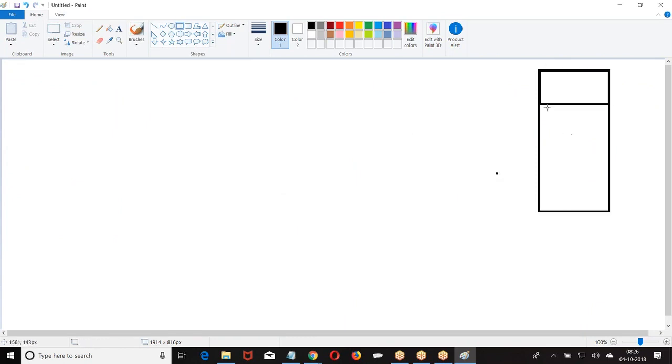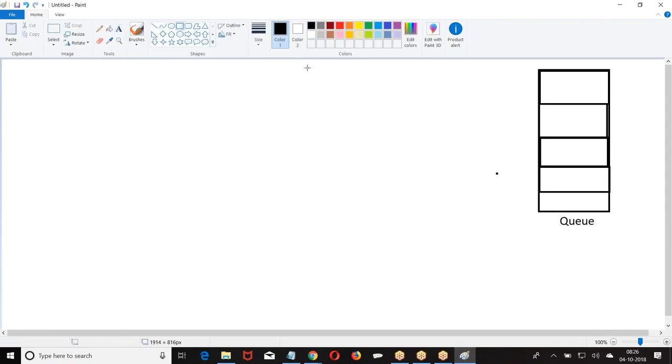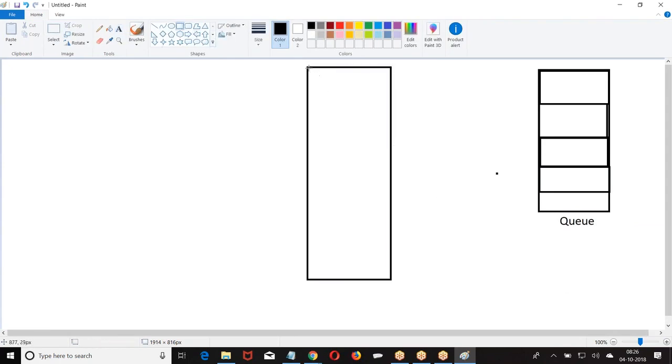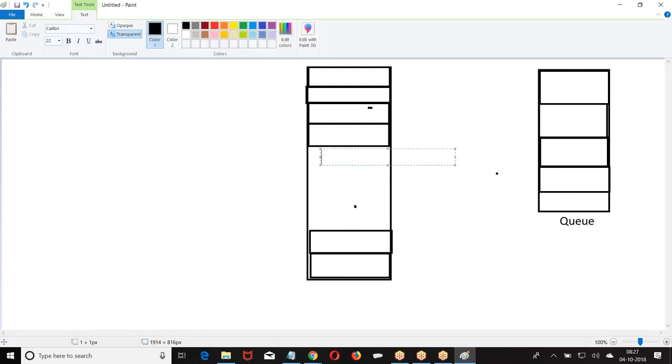This is a queue. We have another one, the flex queue. We have a queue, we have a flex queue.